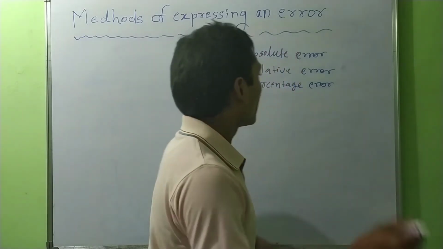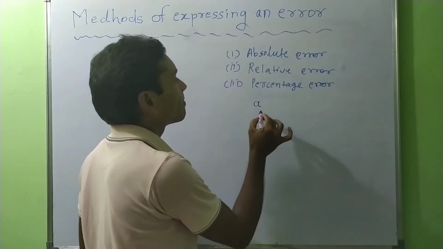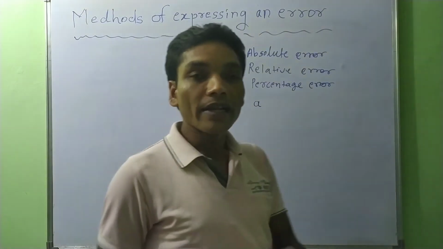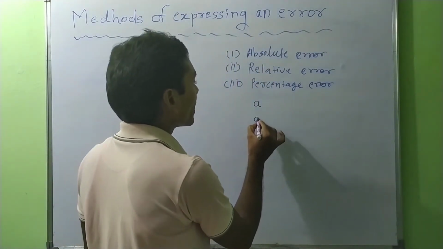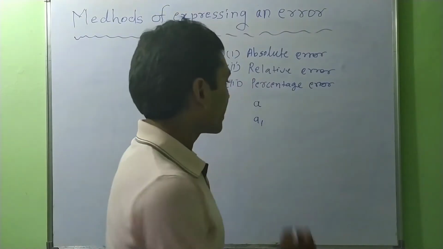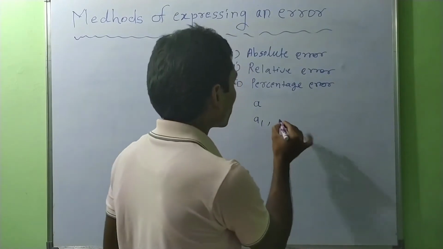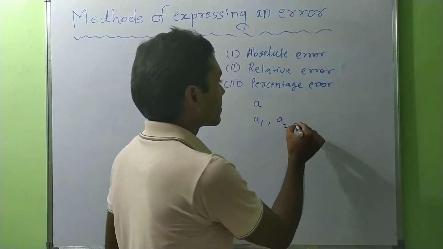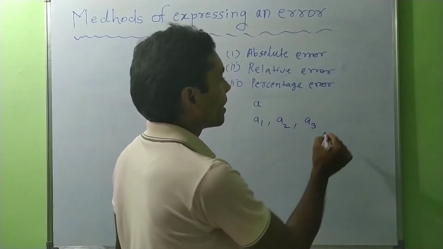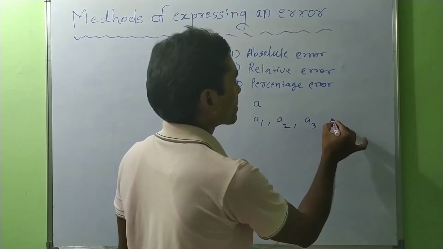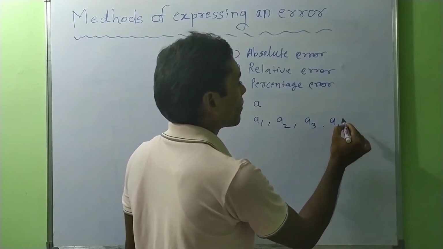Let the length of the rod be represented by A, and in the first observation the length is measured as A1. In the second observation the length of the rod is measured as A2. In the third observation the length is measured as A3, and in the fourth observation the length of this rod is measured as A4, and